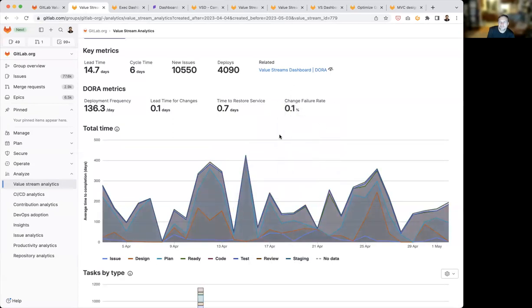Yeah, anyone else? I had a really quick question. Where will this value streams dashboard live in the end? Oh, good question. I wanted to bring that up and I forgot. So